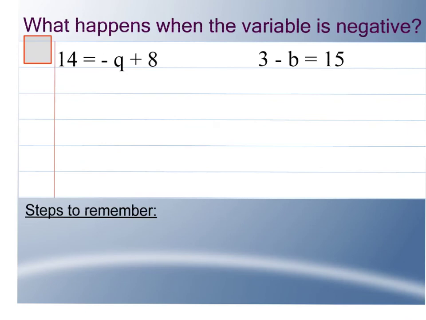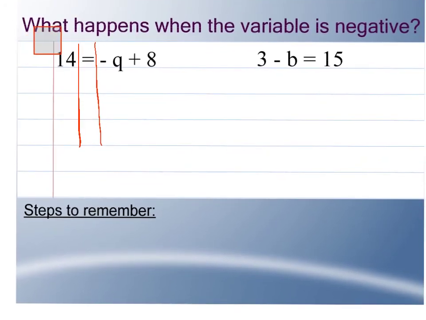Okay, our last example is to solve equations when our variable is negative. So our question we're trying to answer is, what happens when the variable is negative? Well, we start them the same way. So we're going to begin with the railroad. Then, looking at our problem, you see that the variable, even though it's negative, it is tied up with the